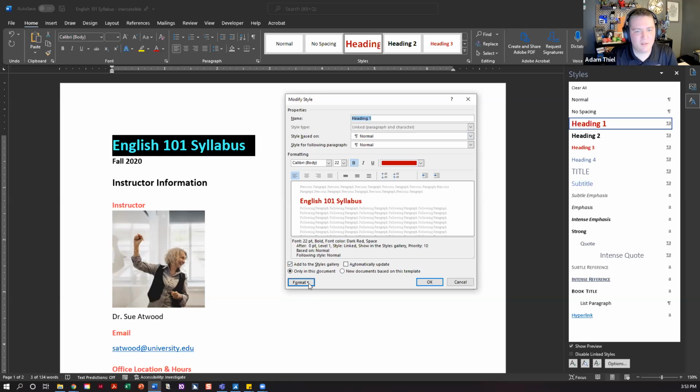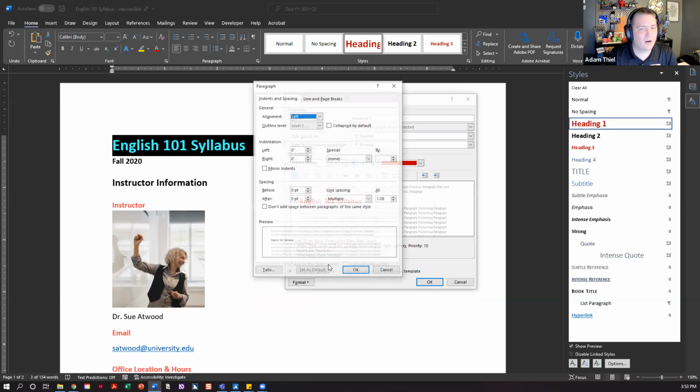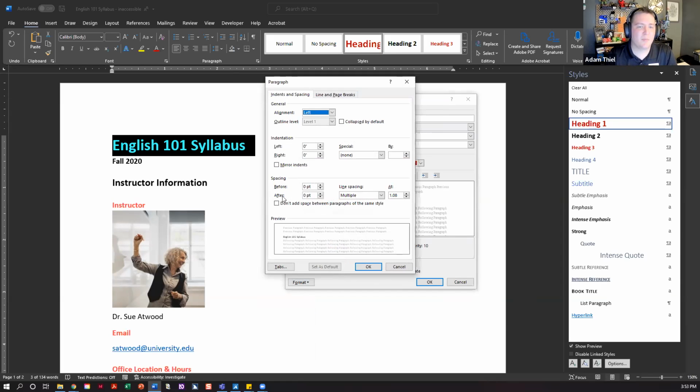Beyond this screen, there's this format button down here that has a whole bunch of other options. Notably, the paragraph box has options for spacing before and after that heading level. So that makes it to where you don't have to hit return 3 times after putting a heading. You can set that to just automatically happen.